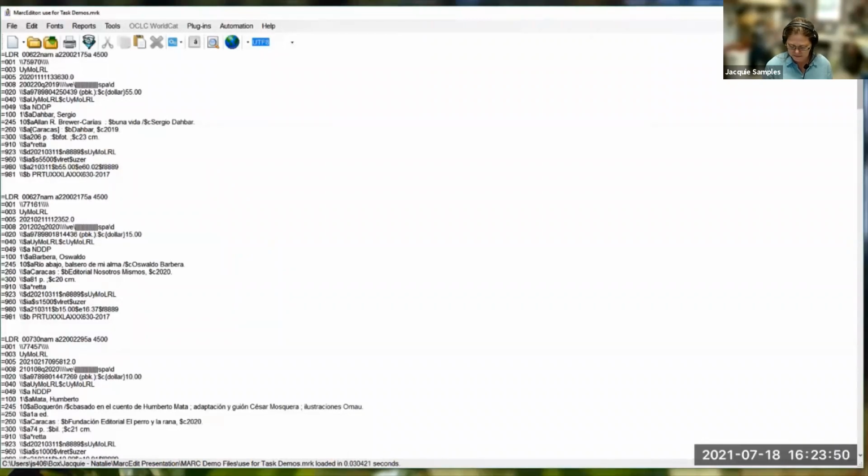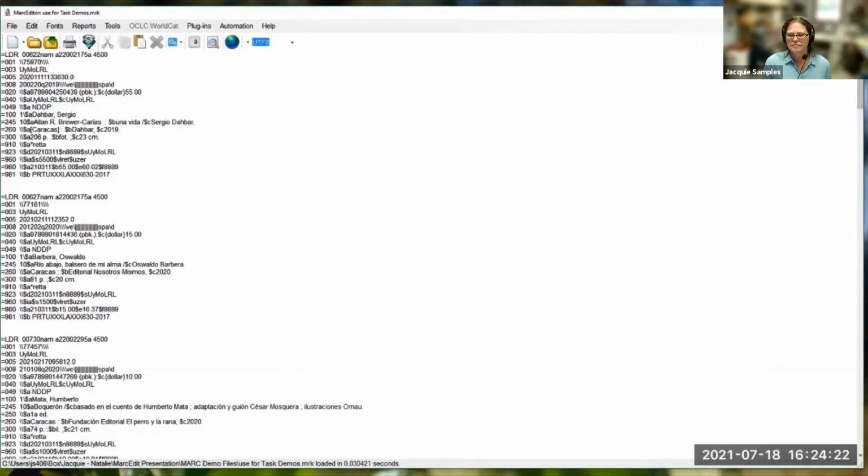Something we often do is to change the system number from the vendor's system number. Because those numbers aren't controlled, we might accidentally hit our own system number and accidentally overwrite something. And we don't want to do that. But we don't want to throw away the system numbers either, because we might need to overlay these records later.